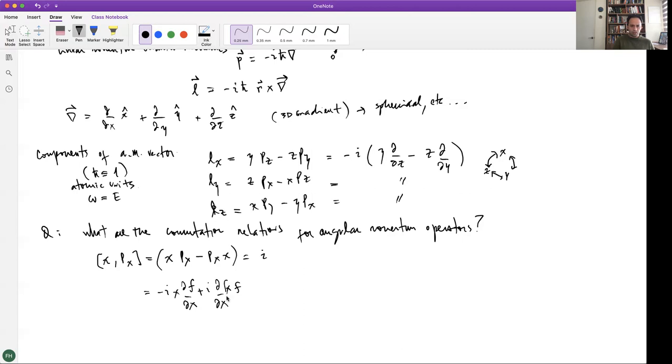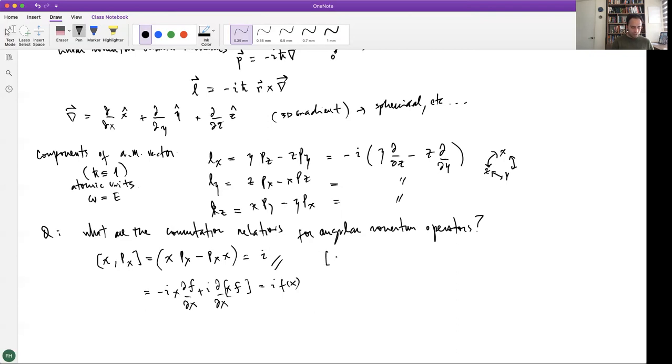Okay, so you first multiply x by a function f of x, and then use the product rule to differentiate this, and then you will find out that there are some cancellations that give you that this is equal to i f of x. And this is valid for all f of x, so that means the commutator is equal to i. Okay, and of course you have all cyclic permutations